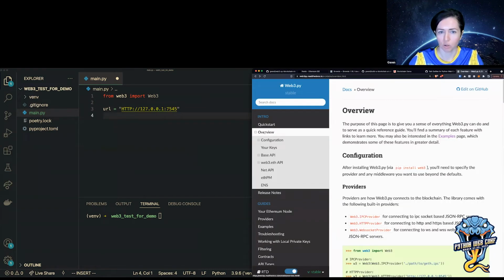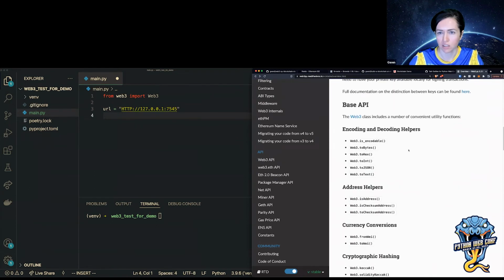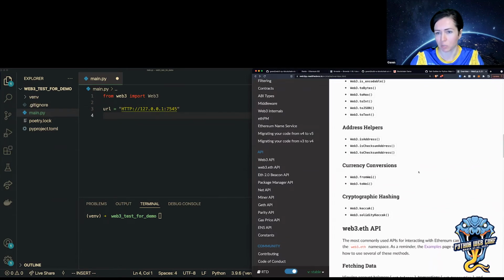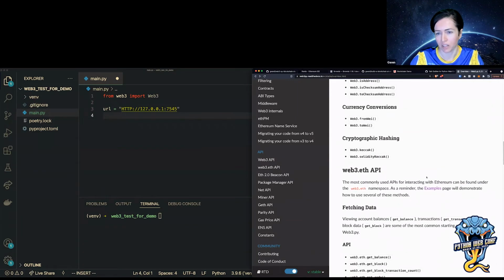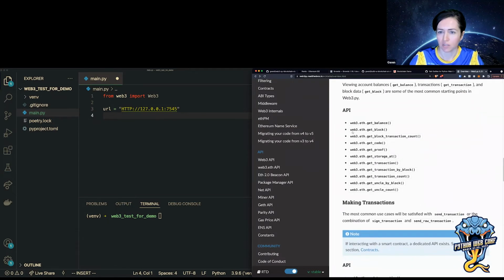Basically, in the overview section of their docs, if you scroll down, you can see their API. It has a bunch of helper functions for stuff you commonly need when you're developing for blockchain, like verifying if it's an address, converting from Ether to gas or whatever to Wei, hashing, and then they have the Web3.eth API.